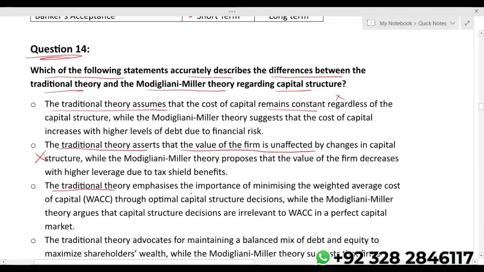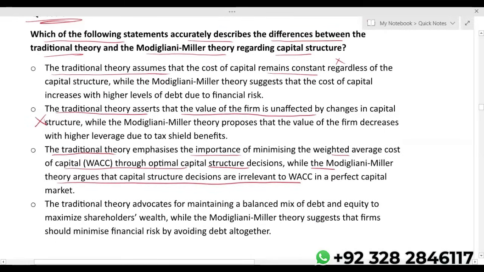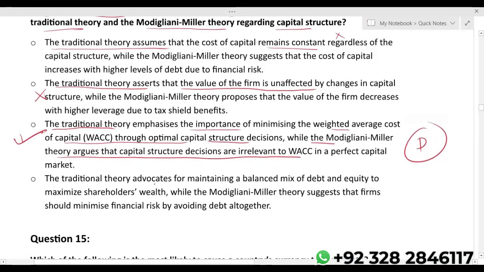The traditional theory emphasizes the importance of minimizing weighted average cost of capital through optimal capital structure design. Optimal capital structure is a structure where there is a minimum cost of capital. While theory argues that capital structure decisions are irrelevant to WACC in a perfect capital market. Logically, let's read the last one also. The traditional theory advocates for maintaining the balance of mixed debt and equity to maximize your